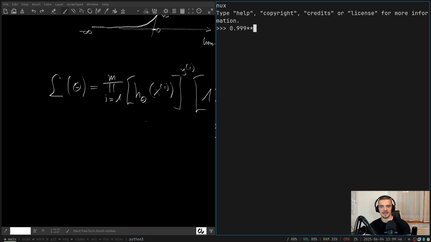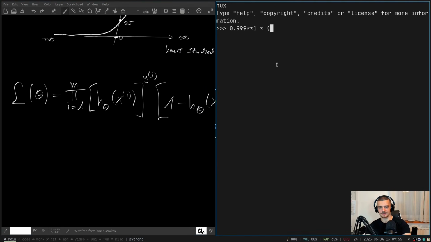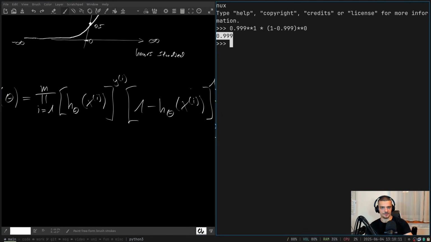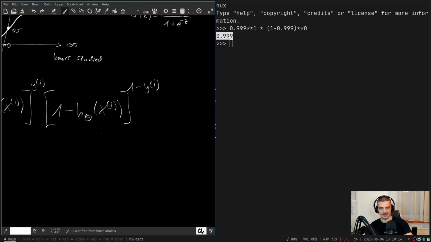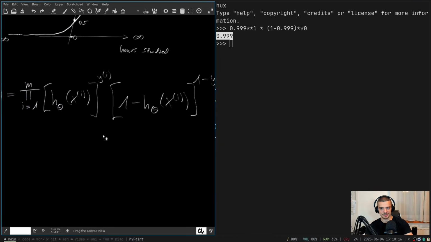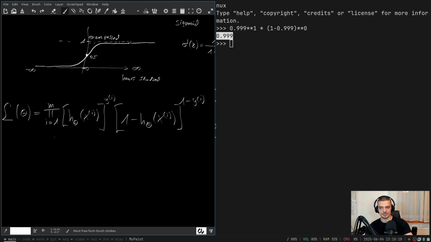Then I take that to the power of the actual answer, which in this case would be 1, so that would be a correct instance. I take that and multiply it with 1 minus my classification, so 1 minus 0.999, and I take that result to the power of 1 minus 1, which is 0. When I do that, you can see that the result is also very close to 1. So that gives us a likelihood of almost 100%,